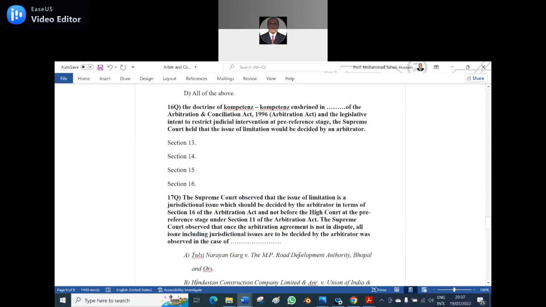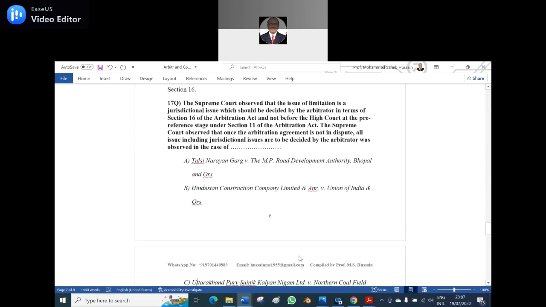And the 17th question. The Supreme Court observed that the issue of limitation is a jurisdictional issue which should be decided by the arbitrator in terms of section 16 of the Arbitration Act, not before the High Court at the pre-reference stage under section 11 of the Arbitration Act. The Supreme Court observed that once the arbitration agreement is not disputed, all issues including the jurisdictional issues are to be decided by the arbitrator. This was observed in the case of dash. A. Tulsi Narayan Garg case,